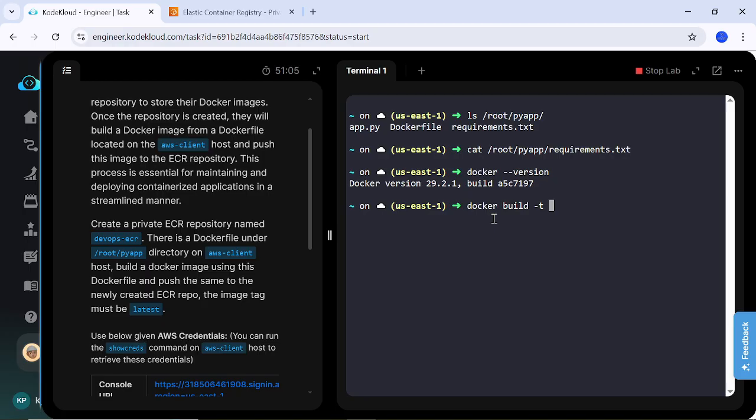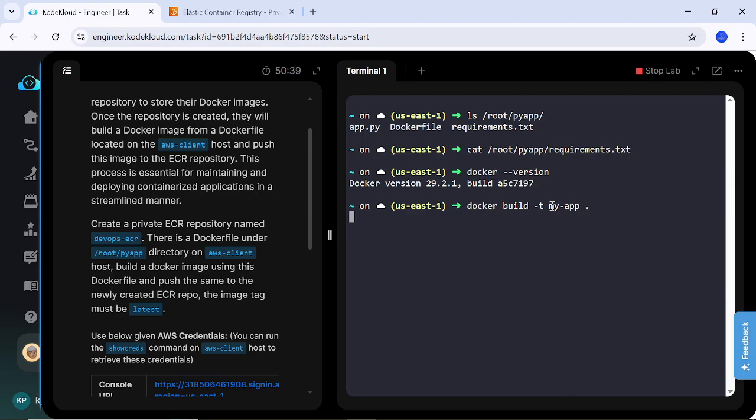Okay, so let me give any specific name. We have to give the directory in the client Docker name. Okay, no problem. Let me give my app and